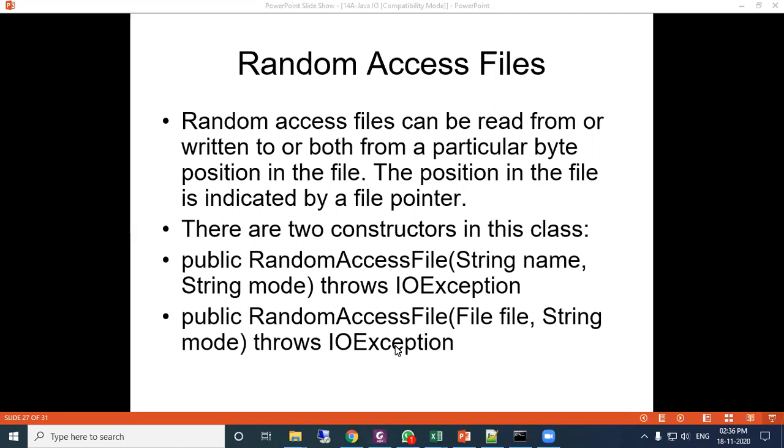So there are two ways when you create the object of the RandomAccessFile class: one is two strings, another is a File type and a string mode. These are the two syntaxes of creating the object.